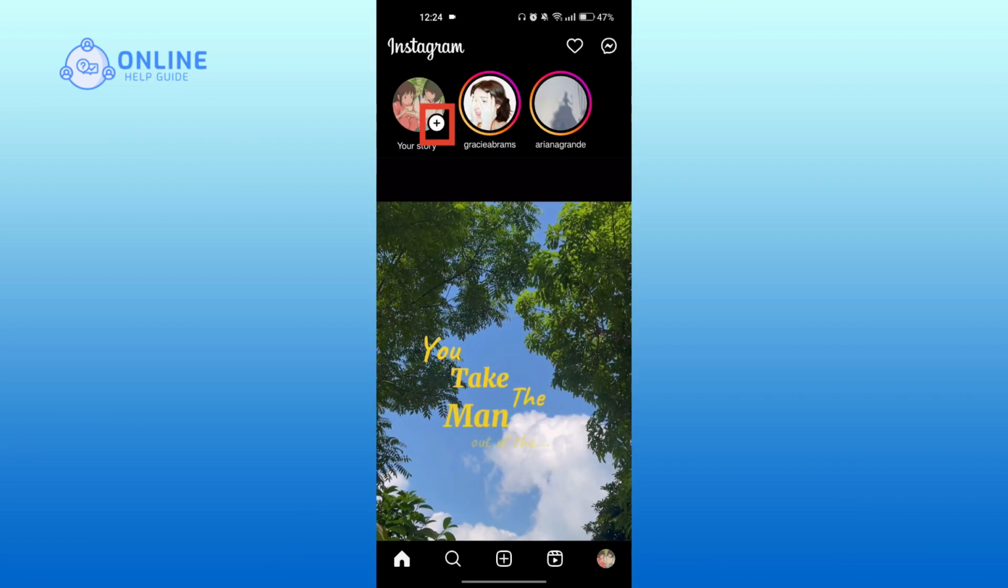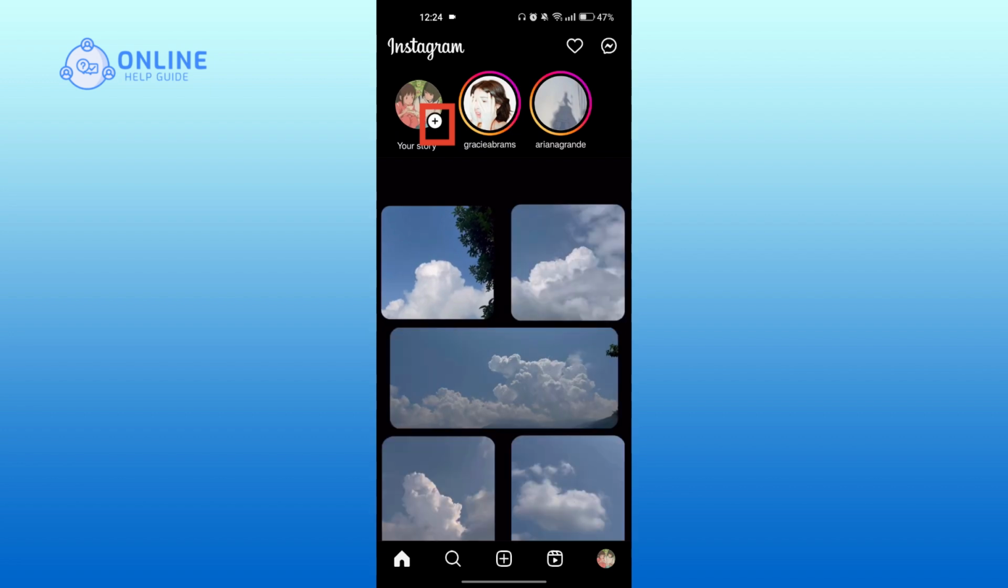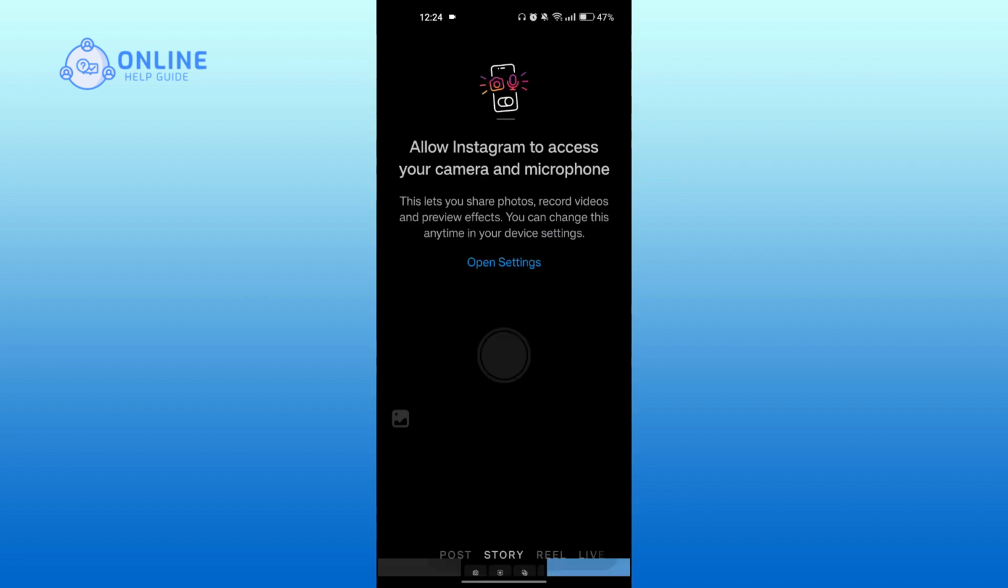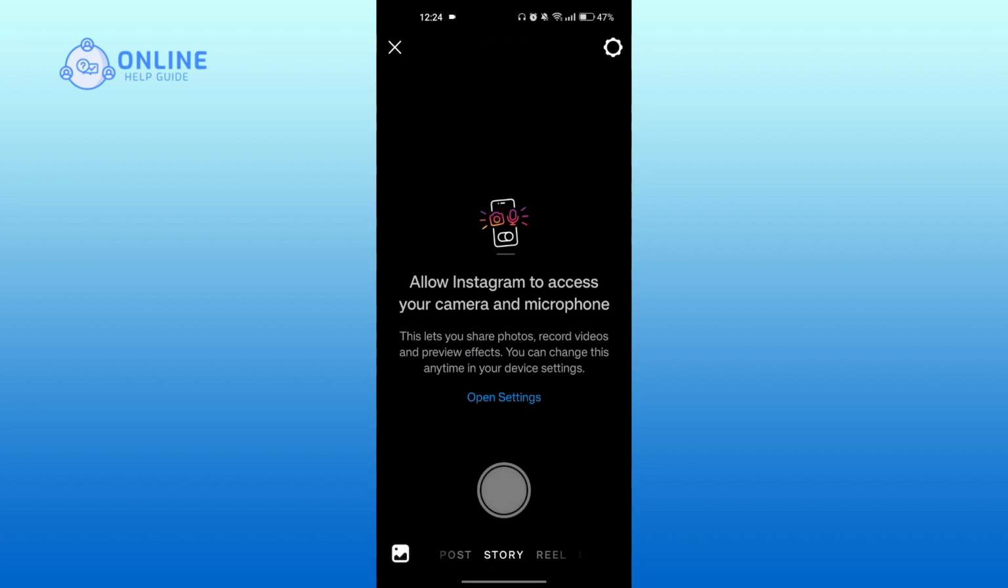Tap on the small plus icon at the top left. Then tap on camera. As we can see, the camera is not working. What we can do is